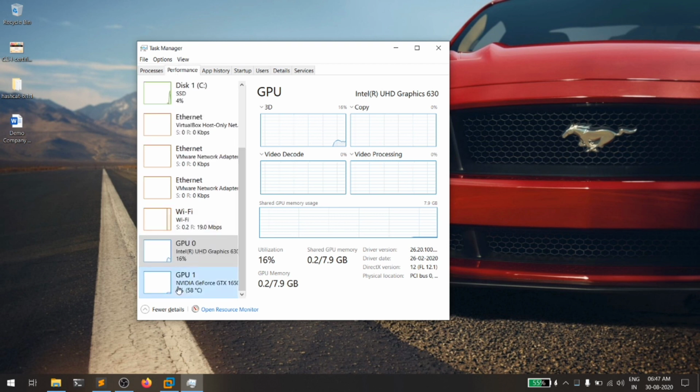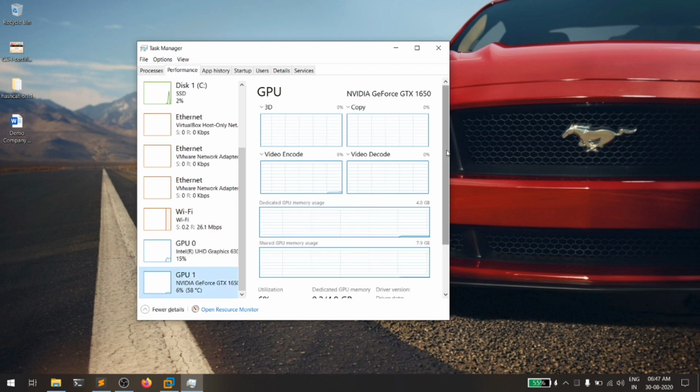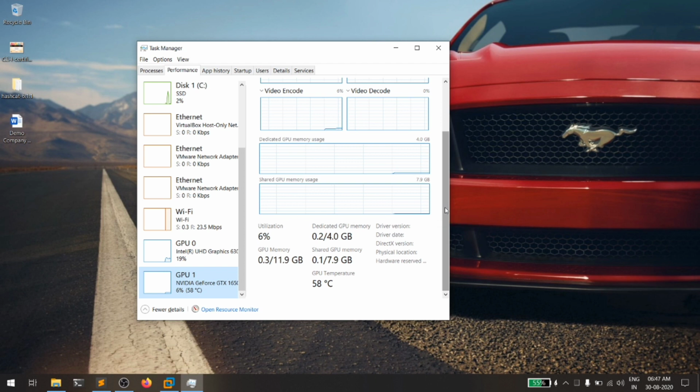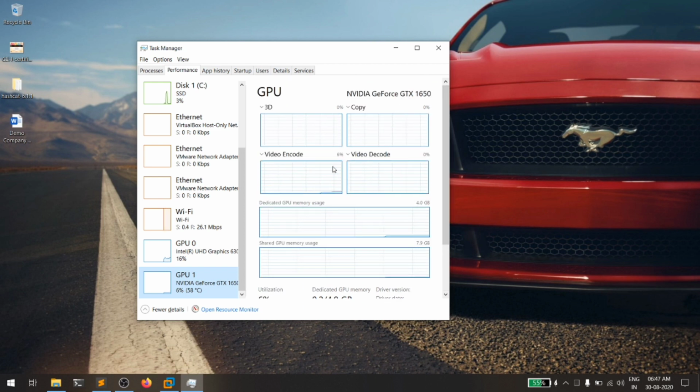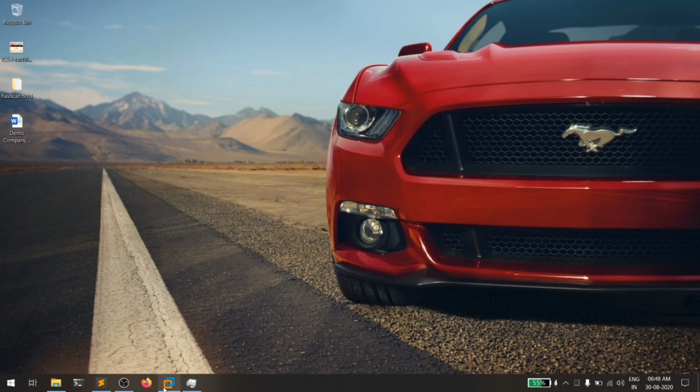And yes, here I'm having an NVIDIA graphics card, an NVIDIA GeForce GTX 1650, which is really fine. But you can use even a CPU for cracking the passwords, but a GPU is preferable. If you have a good powerful GPU, then it's gonna take seconds or a little bit faster. Okay, so I'm gonna close this up and let me open.